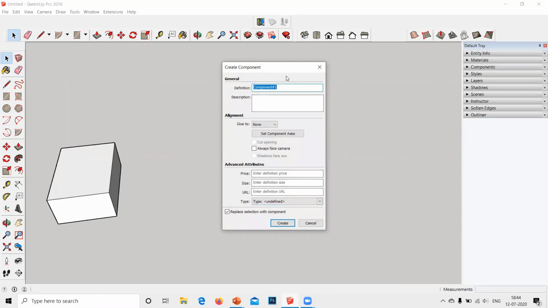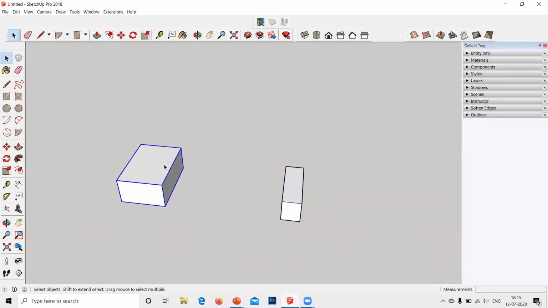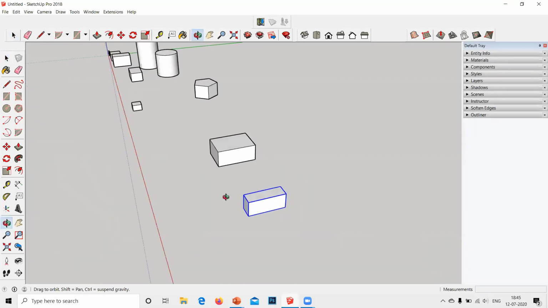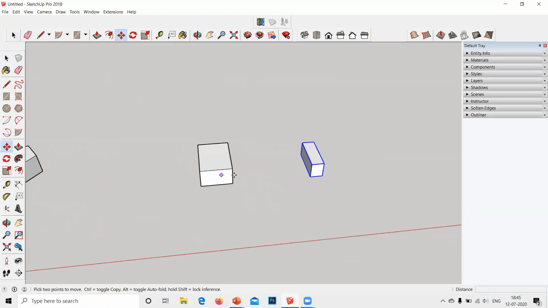When we made a group, this description part was not there, but when we are creating a component, there's this dialog box which is appearing. Okay, so I'm just giving it a name, cuboid, and I'll enter create. So now we have two objects. We have a group and we have a component. Now you'll ask me, what is the difference? I'll just tell you what the real difference is. Component is also like the same like the group.